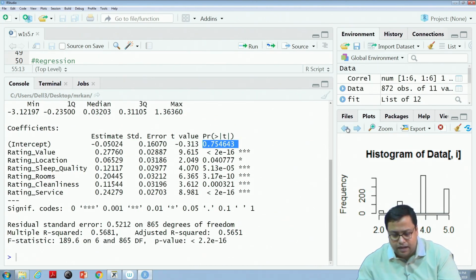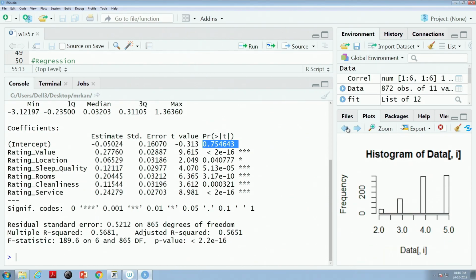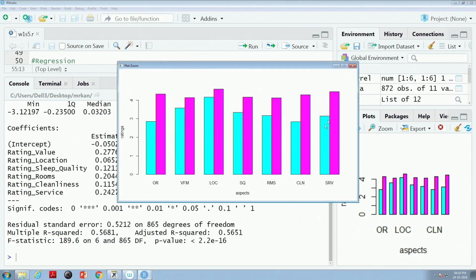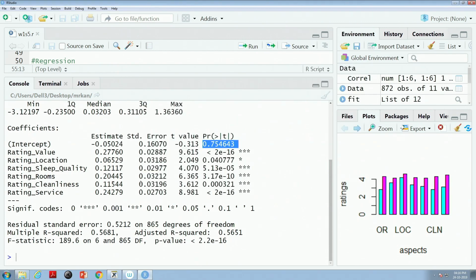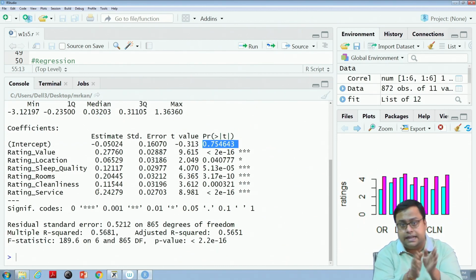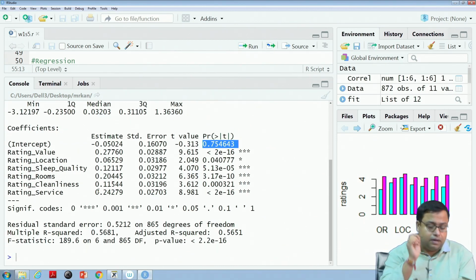So, how does that matter? If I see now this particular one, cleanliness was a bigger problem for me. So, this jump is much bigger than this, but service is twice as important as cleanliness. So, then probably the weightage that service gets is much higher than the weightage cleanliness gets, and you have to think about that when you are dealing with this.